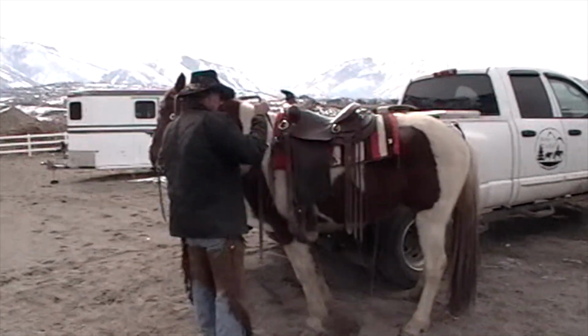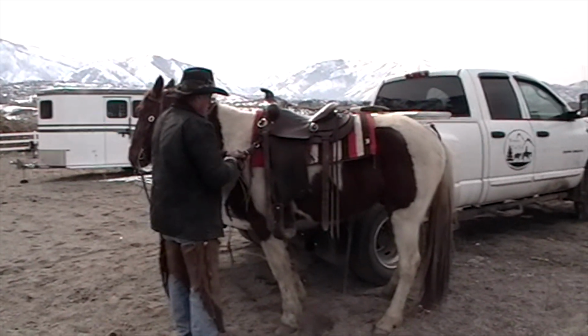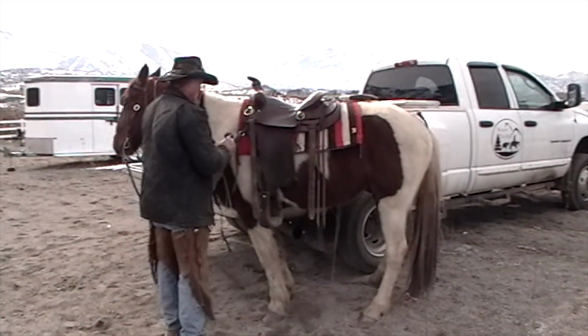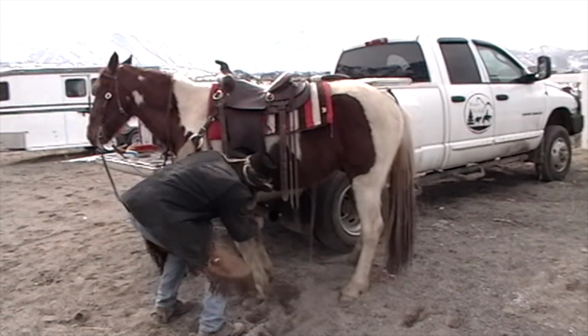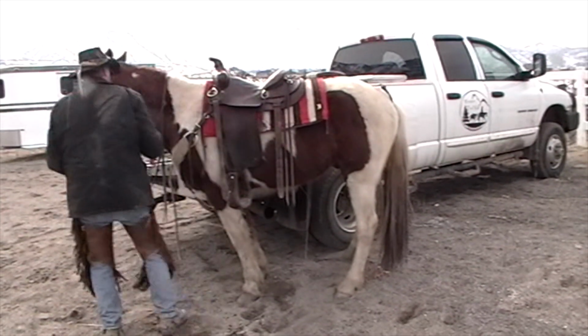Now I've put his breast strap on there and I connected the belly strap on, the chest strap, but during the ride you'll notice that the hook broke on it. I'll have to replace that. I also, you can't see it very well, but